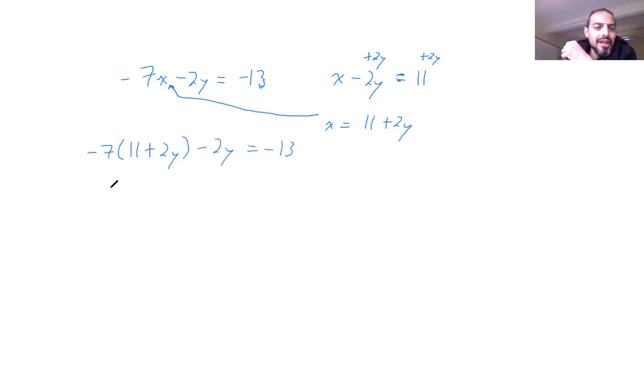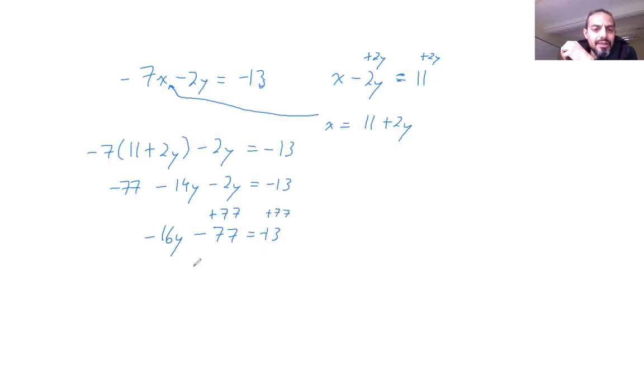Now I can distribute. I get negative 77 minus 14y minus 2y is equivalent to negative 13. I'll combine like terms. This will be negative 16y. Negative 16y minus 77 equals negative 13. I'll add 77 to both sides,